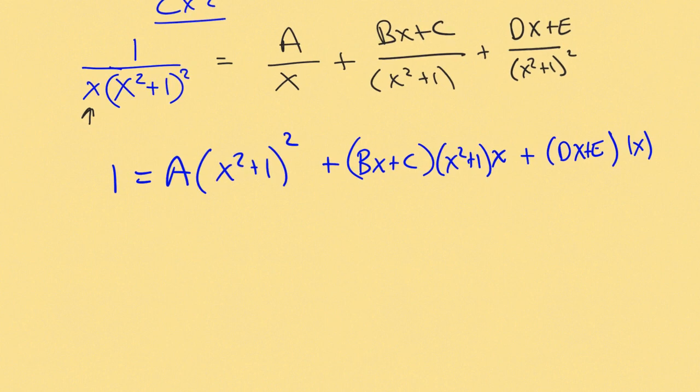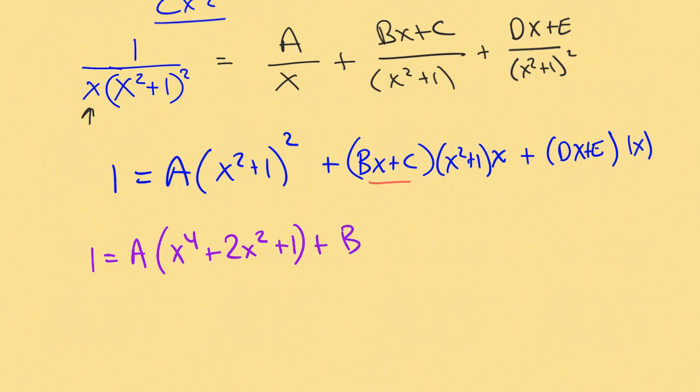Now, I don't know if you can tell, but just looking at this, it's not going to work as well to do the cover-up method that we just did in the other one before, because I have these linear terms. Those make it more difficult, and I also have x squared plus 1. There isn't anything to make that 0. So we are going to need to go on a coefficient hunt here. So let's expand these out. We're going to have 1 equals A times, and if I square this, I get x to the 4th plus 2x squared plus 1, plus